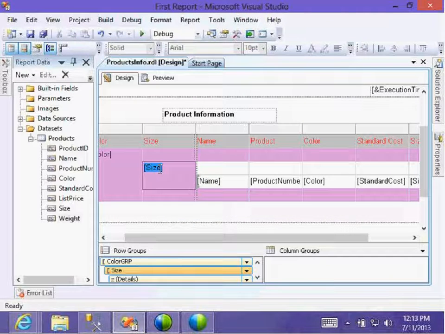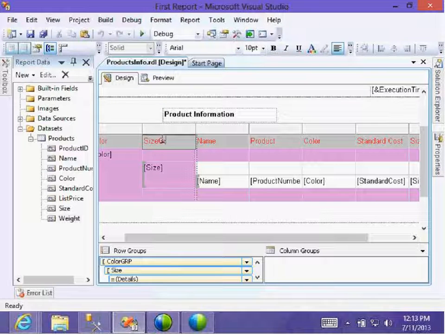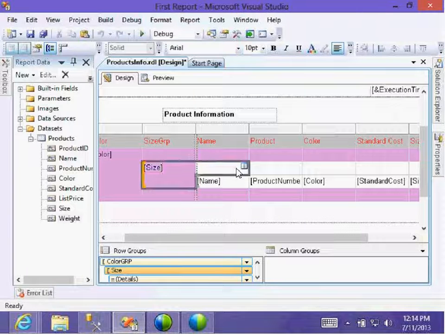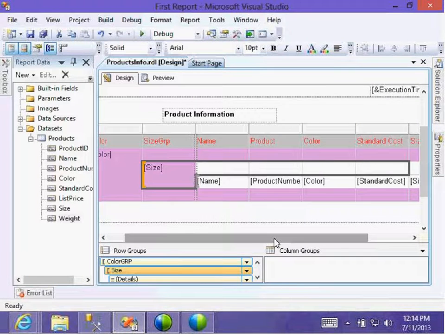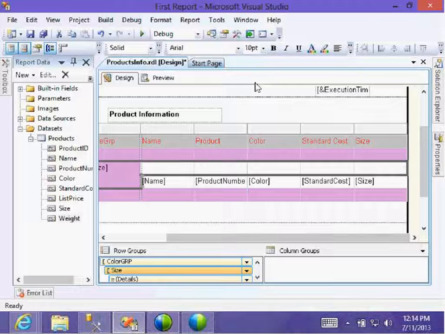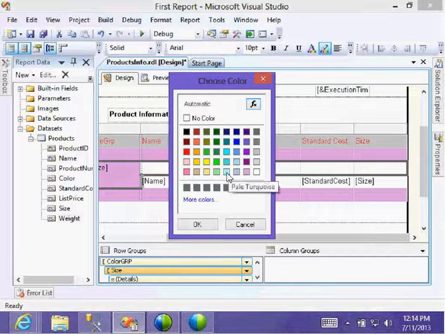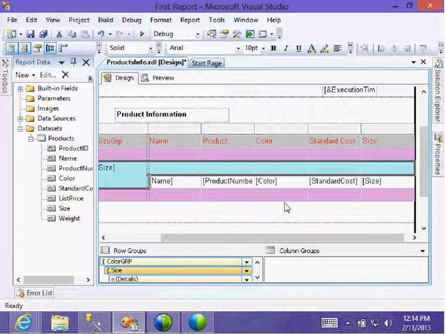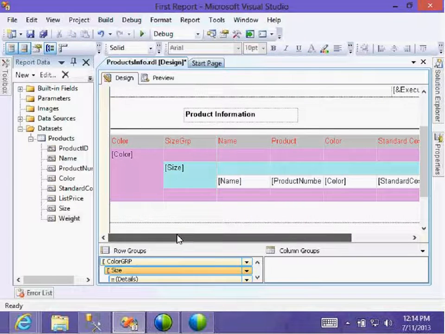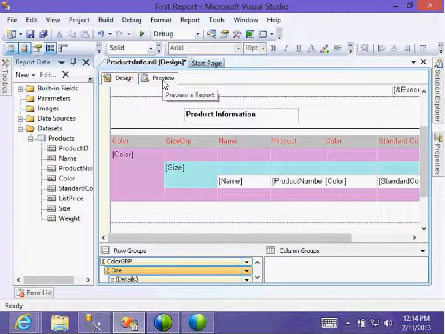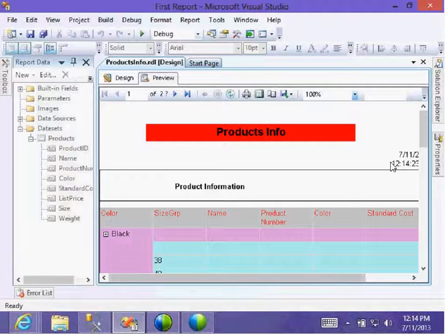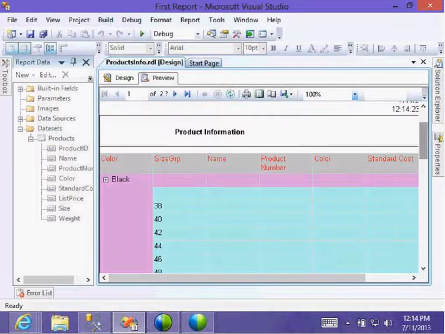Size. Okay? So we'll name it also here. Okay? Group. And this name is different. Okay? Here, you should give a different color for the size. Right now, sizes red.